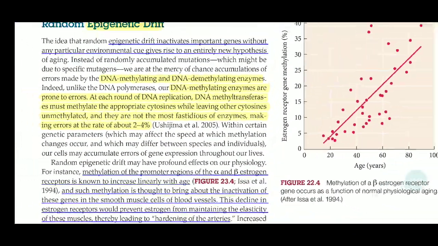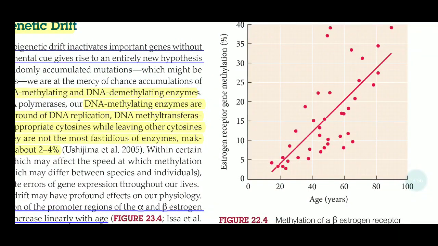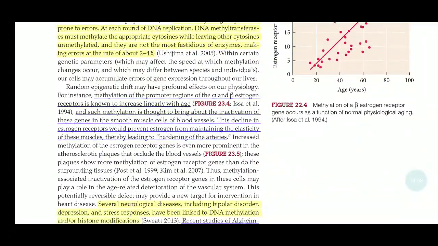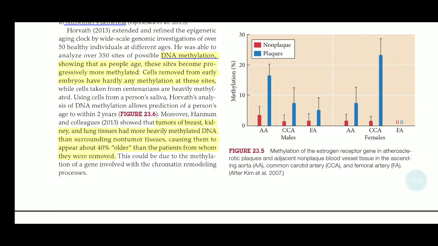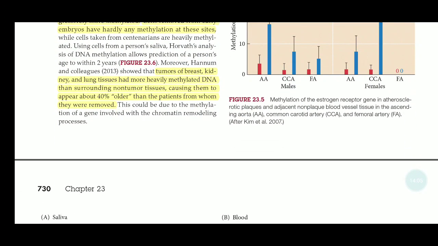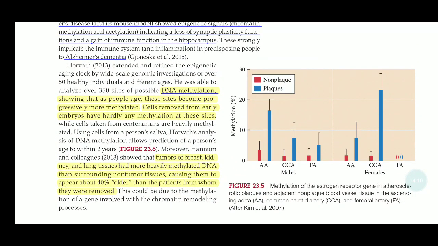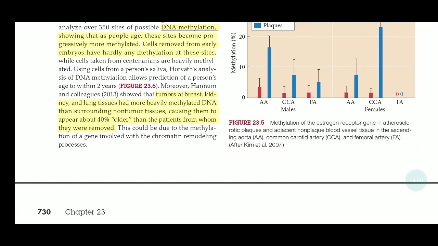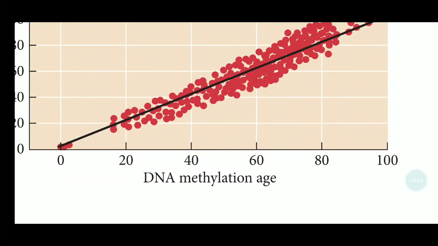In this point, you can see the methylation increases with age, and that is a problem. Not in all cases. The example given here is the estrogen receptor, whose promoter gets methylated, and that leads to smooth muscle and blood vessel genes becoming inactivated, which heavily affects many kinds of related diseases. In this picture you can see the methylation increases with age,